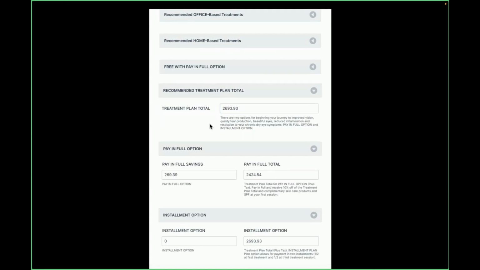Now, the patient is not seeing this. This is something that a technician will do in the room while I'm in the room talking to a patient. They'll figure this out on an iPad. And this is the beautiful part, is I don't like to talk about the money. So the patient has heard me create this plan in real time in front of them. And now I can, to a certain extent, exit the room, and my technician, who's much more comfortable talking about money, now takes over. So here's the total treatment plan price.